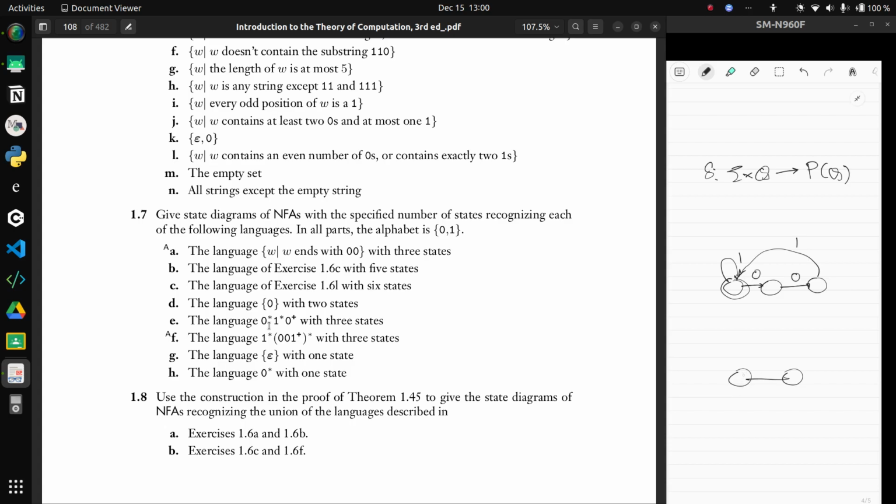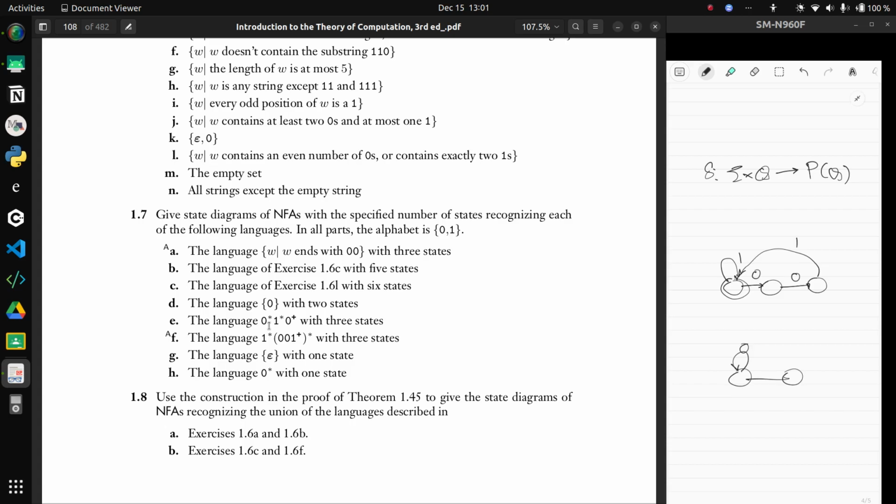So 0 star, it doesn't matter how many zeros you take, you are rested at the first point. With 1 star, if you take even a single one, oh wait, yeah, this isn't going to be in 2 states unfortunately, because you just have to have 0 plus. So there's a single 0, that's kind of complicated. Right, this has to be an NFA. Yeah, this has to be an NFA. I get it. This one has to be an NFA because,